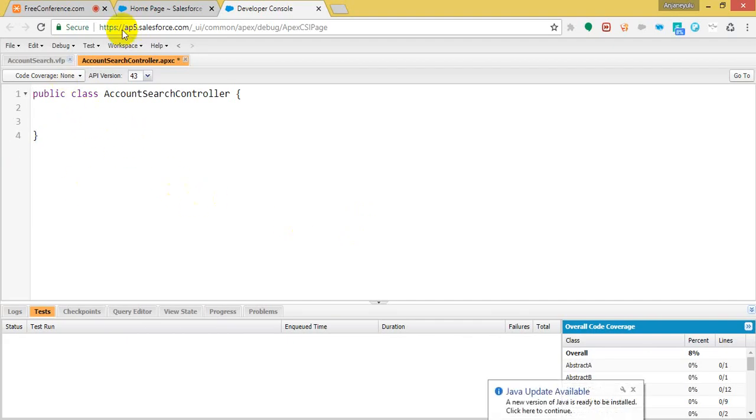So here our example is whenever we click on something on the Visual Force page, it should open something, where you can enter the name of the account, and if you click on the search button, then if that name is contained in any account name, those accounts should be returned. So for that, we are taking one string, search string,